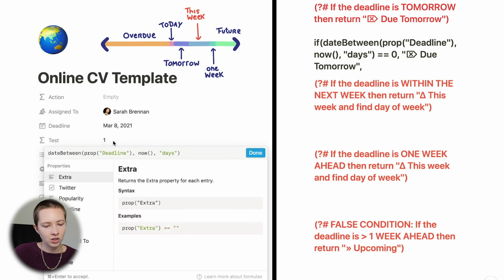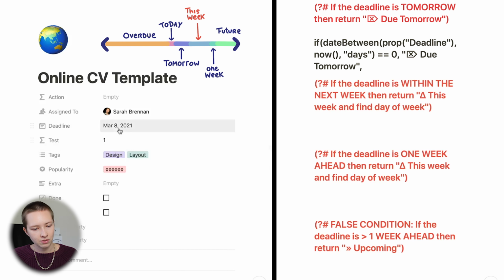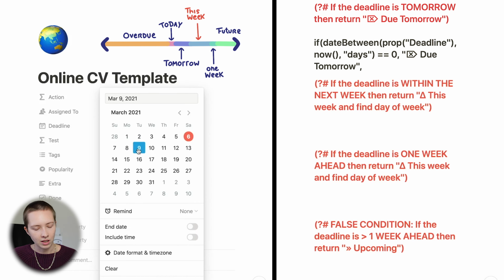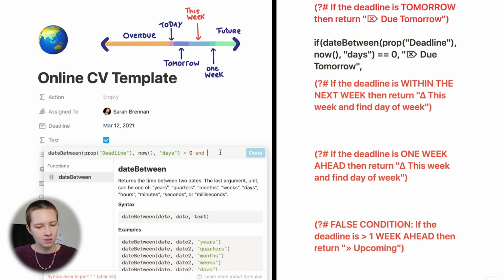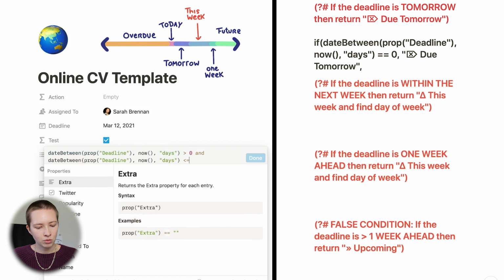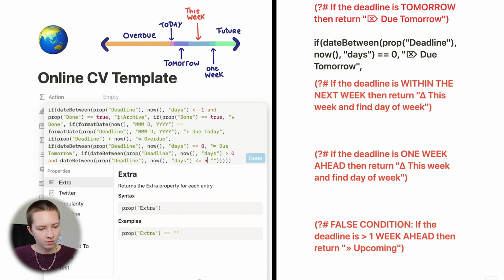We're going to use that date between function again, except this time we're going to say date between now and deadline in days. So the 8th is 1 day, the 9th is 2, 3, 4, and 5 on the 12th. And we're going to leave that 13th alone because we're actually going to use a different condition for that. So just between 1 and 5, I want to make sure date between is greater than 0. And let's just copy this, paste it, and less than or equal to 5. Say if date between deadline and now in days is greater than 0 and less than or equal to 5,